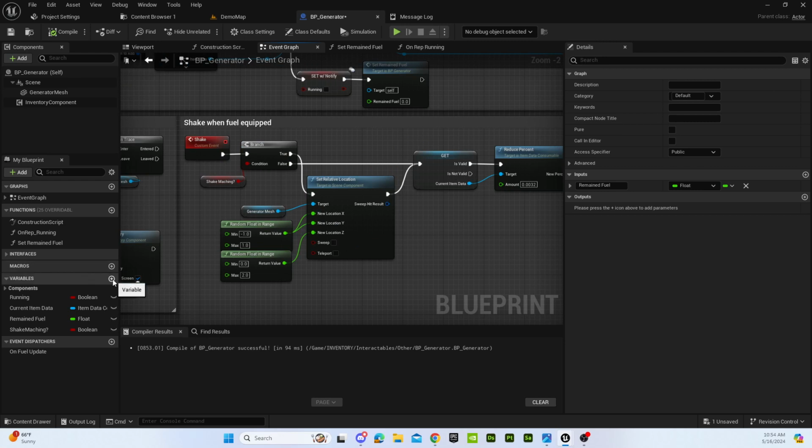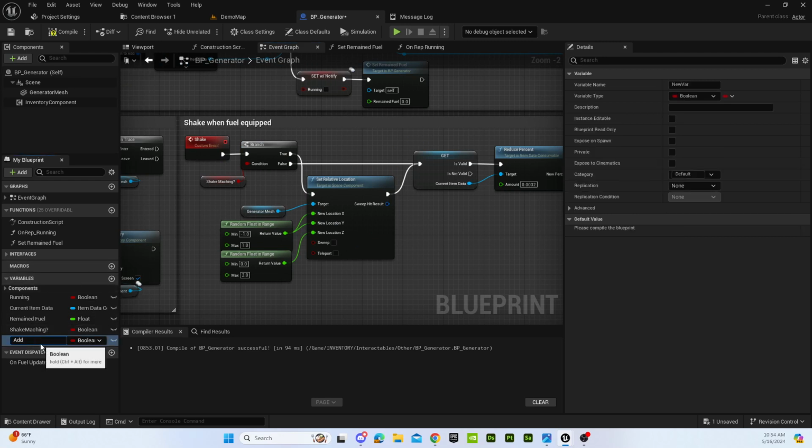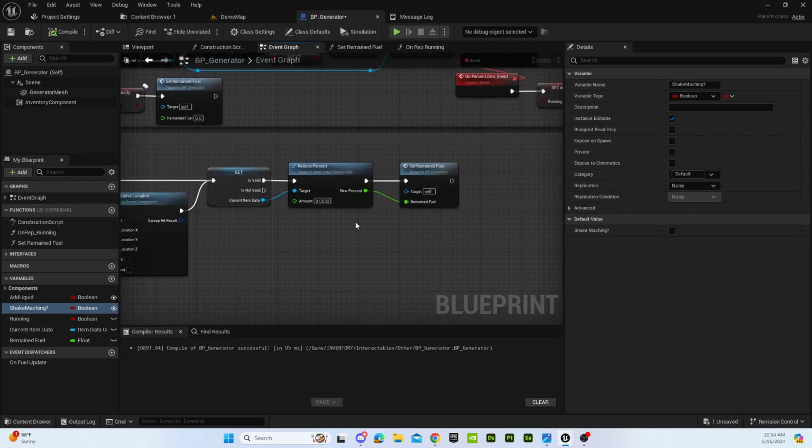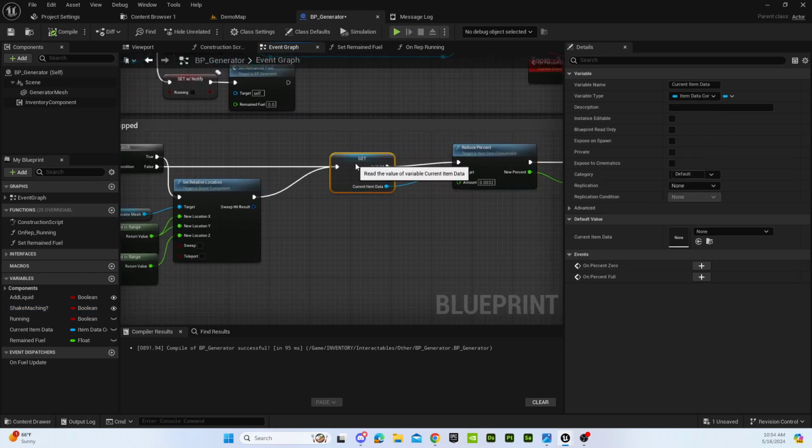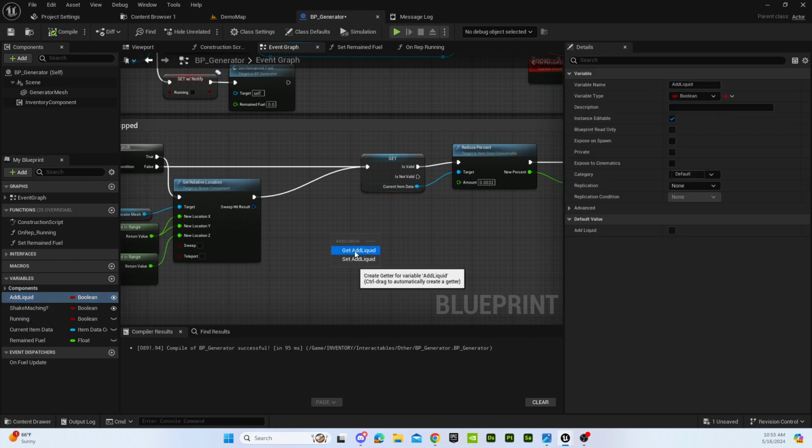So what we need to do is we need to add a variable here. So add liquid. Instead of take it away, I'm just going to put that at the top. Also, what I would do is I would add a button onto your machine that changes this variable so you can actually manually turn it on and off instead of just when it has fuel in it. So we want to get from here, we want to add the liquid, get